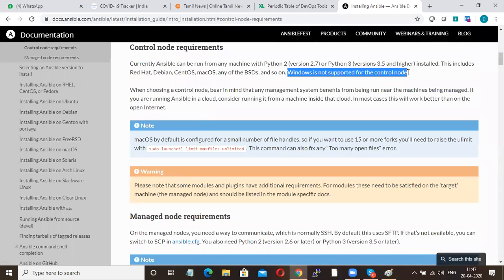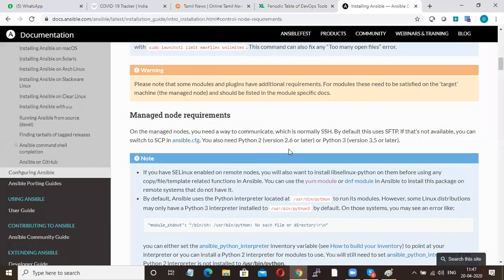That means your master machine should not be a Windows based platform. And you require Python 2 or Python 3. For the managed node, the requirement is a normal SSH connection should be there. Then your managed node also should have Python 2 or Python 3.